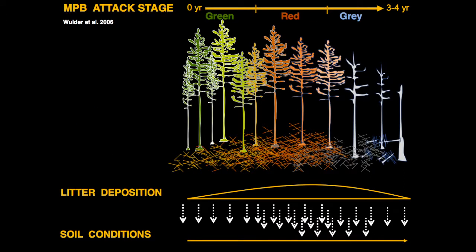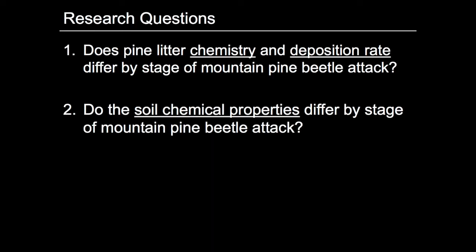The way of looking at this, in the context of how we understand mountain pine beetle decay, is that under infestation conditions or epidemic population levels, individual trees fall to attack in this sequence of green, red, and gray across 1 year, 2 years, and 3 years. What we wanted to know is where the litter deposition across this time sequence peaks, and what the contribution of that litter fall might be for conditions in the soil. So that's where we're going with these 2 questions.